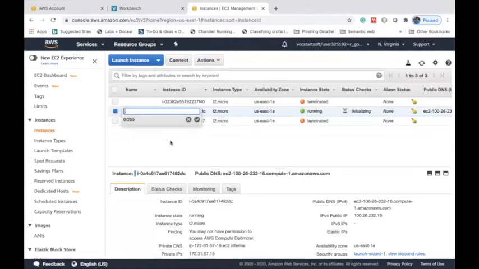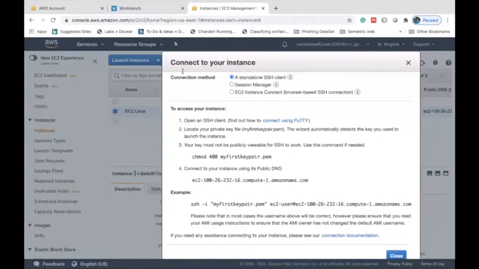The virtual machine I have created in this step is EC2, Linux machine. It's a custom name. You can give any name to this instance. I have given a name to my instance. Now I want to connect to this instance. So if you want to connect to a particular instance, you can click on this connect. This will clearly tell you the procedure you are supposed to follow.